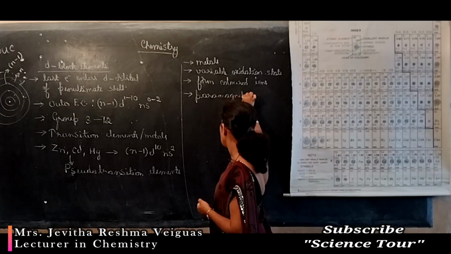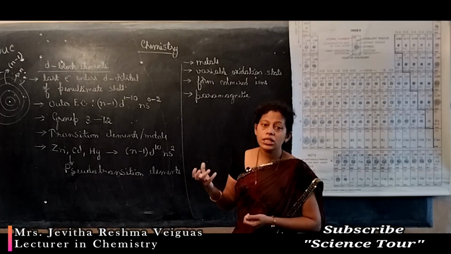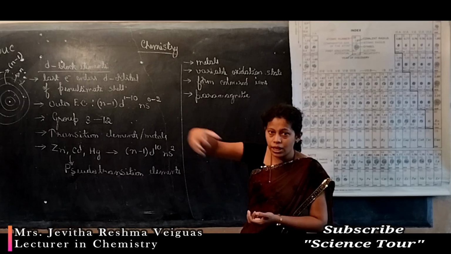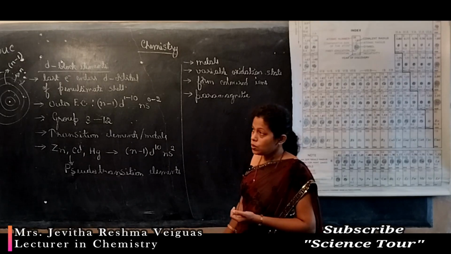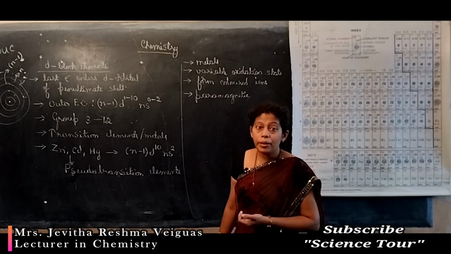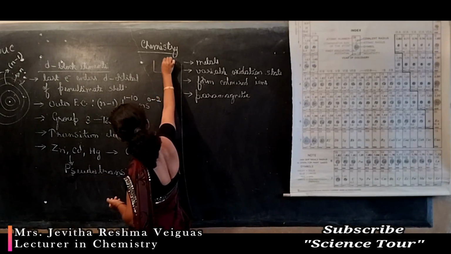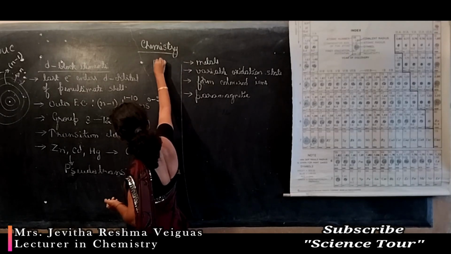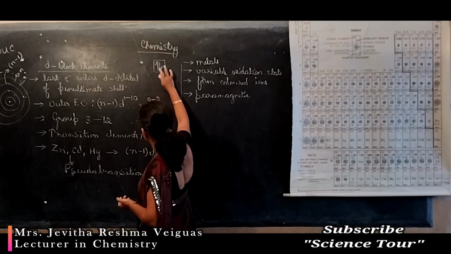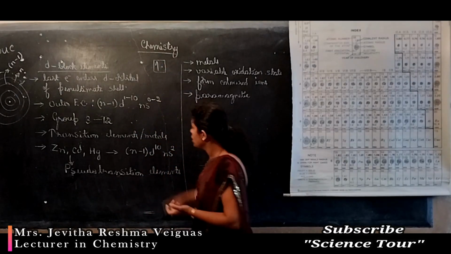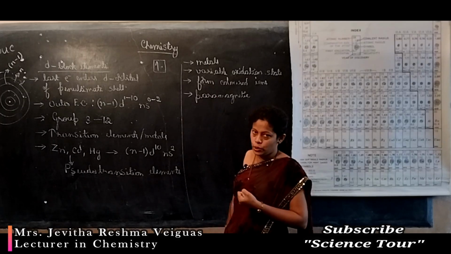Now, what is meant by paramagnetic? These elements are attracted towards the magnetic field. When the magnetic force is applied, they get attracted towards the magnetic field. So, paramagnetism is due to the presence of unpaired electrons. That is, in the orbital, if I represent it as a block, if there is 1 electron, it is paramagnetic. There is an unpaired electron. If 2 electrons are there, we say it is paired. These have unpaired electrons in the orbital, hence they get attracted towards the magnetic field, that's paramagnetism.